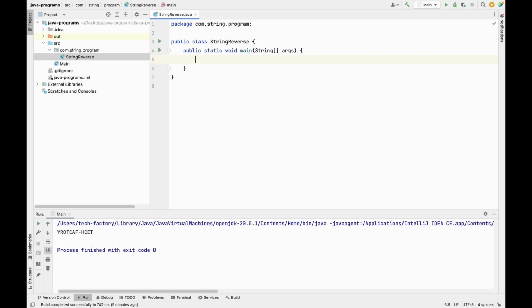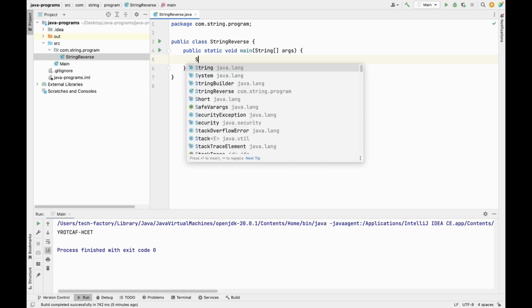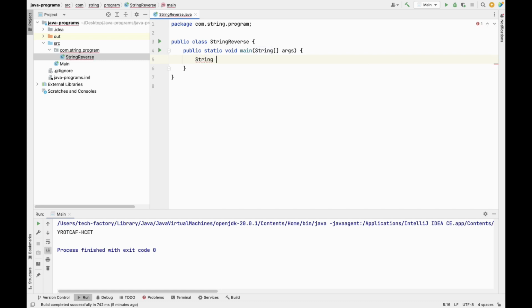So the first way of reversing our string is very simple, which we will do with the help of a ready-made method. Now let's take an example. We will initialize our string like String str is equal to, suppose this is the string that we have initialized,